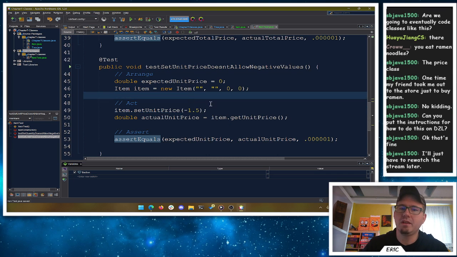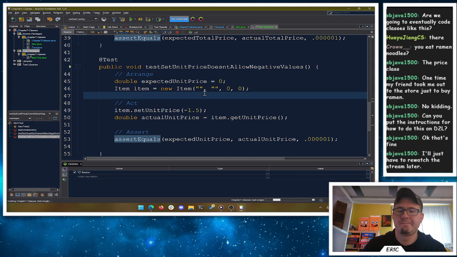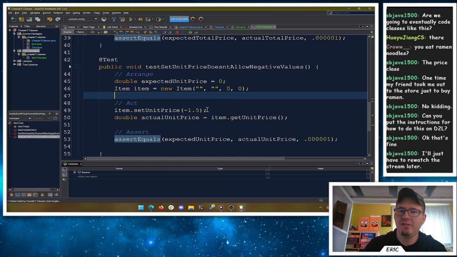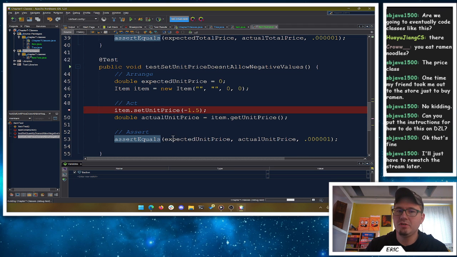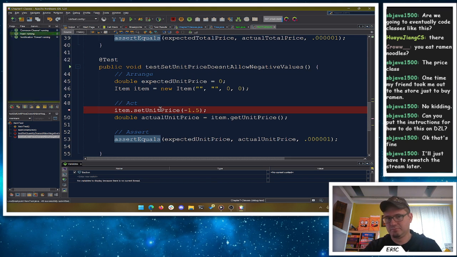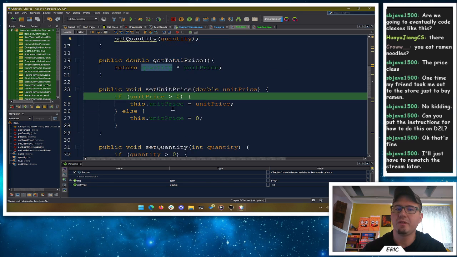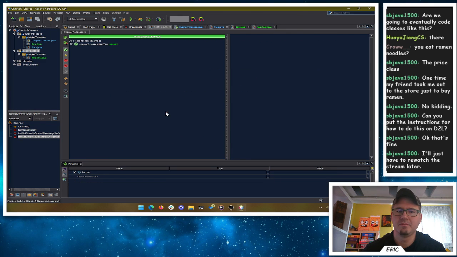All right, so if I try and set it to negative, it should stay at 0. And we can run this test. It passes. Awesome. The other super cool thing about tests is you can debug tests. I can put a breakpoint here, and I say debug my tests. We can still use the debugger and step through our values to see what's happening behind the scenes. Then we can step into it and see, hey, here's my set unit price code. I gave it a unit price of -1.5. It runs the else block. And then sure, continue on. So we can debug our tests.